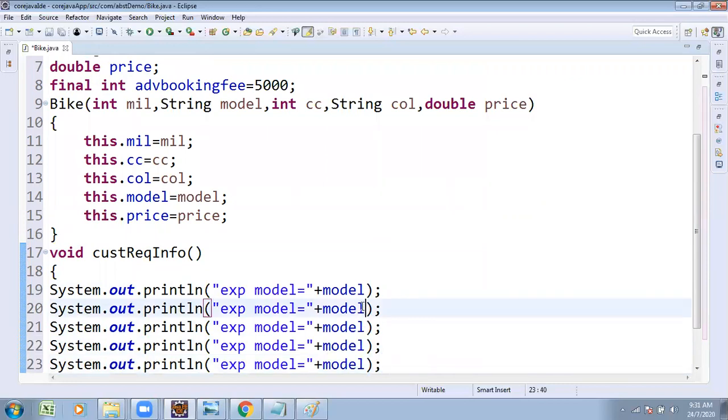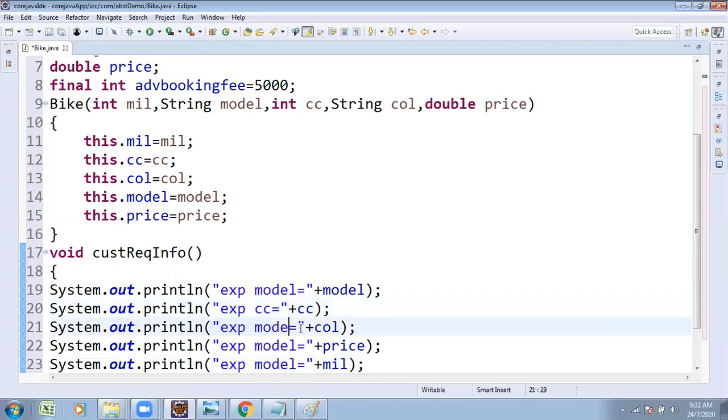Expected model, expected CC, expected color, expected price, and expected mileage. Whatever fields we took, we just print. The constructor takes the input, and here we make the output with the method.